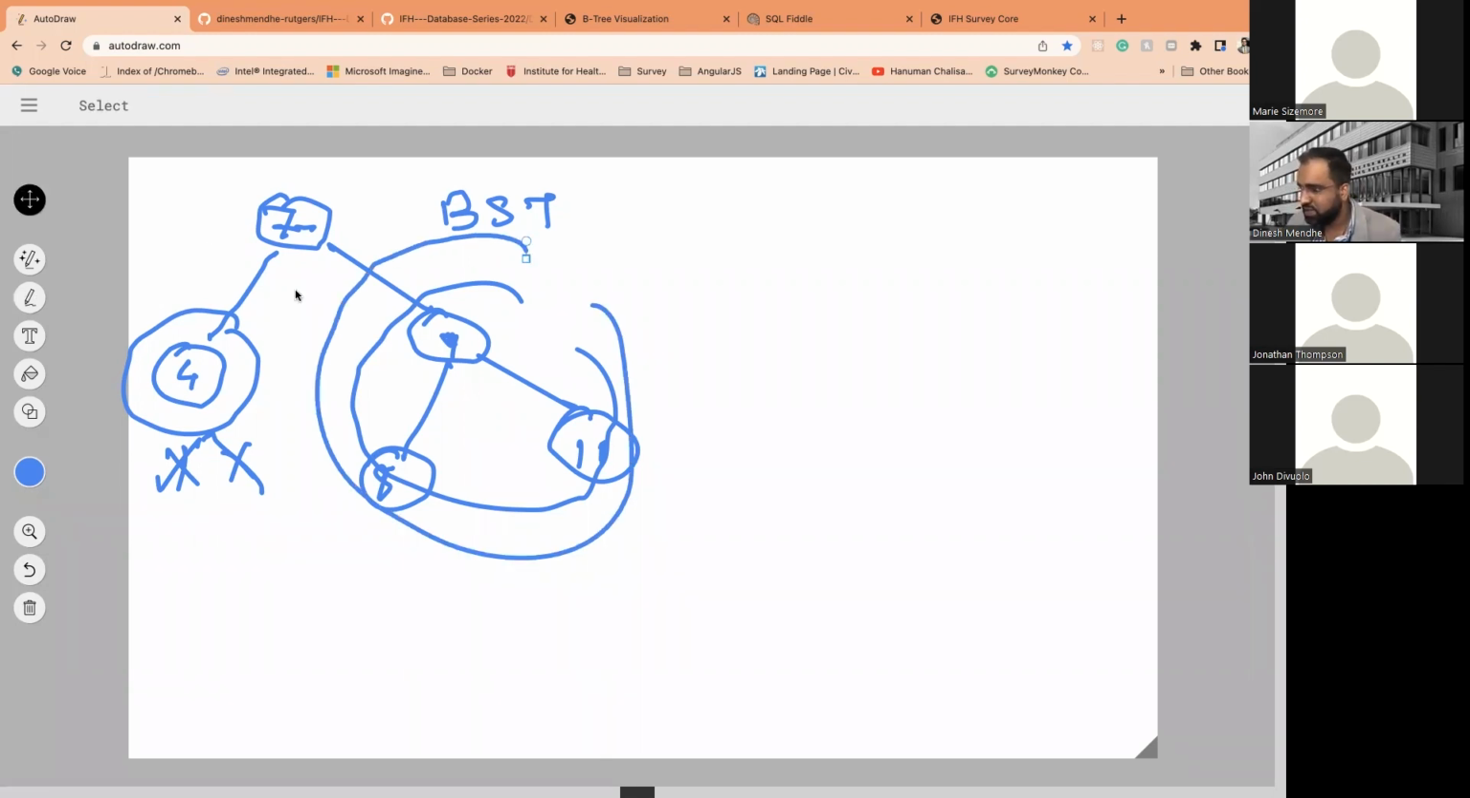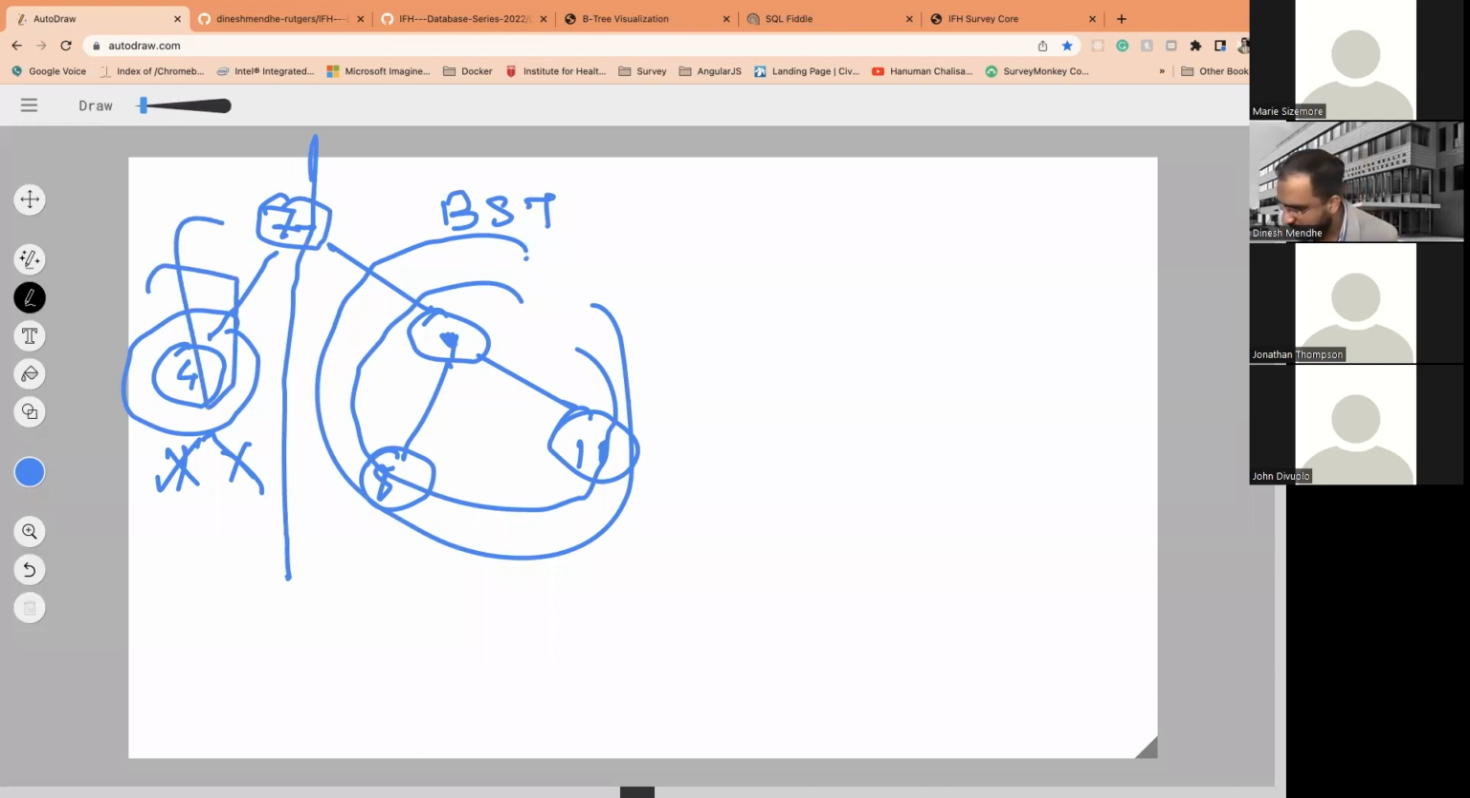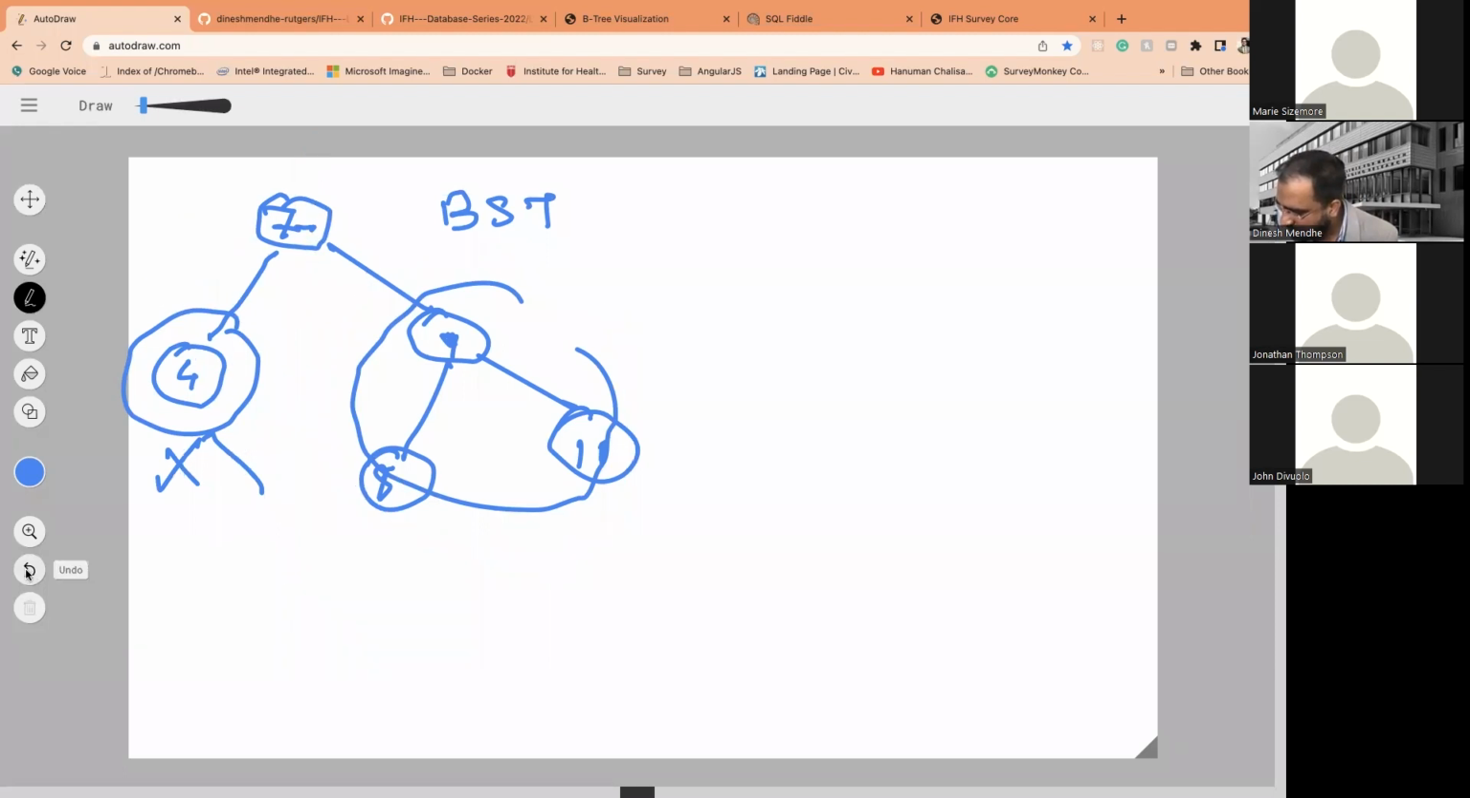So basically you are dividing your search criteria into half in each iteration. So you're saving this much amount of time whenever you're searching through the binary search tree. The problem here arises is,